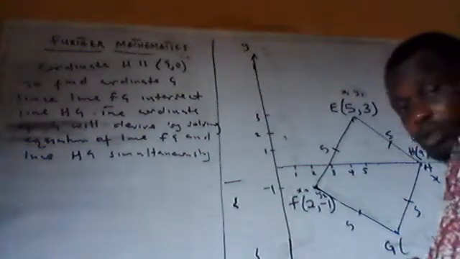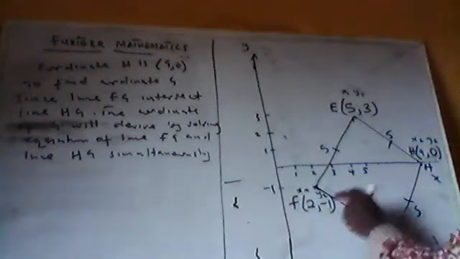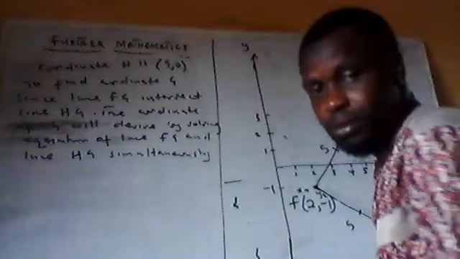Look here. I said that for us to get this value, coordinate G, we want to find the equation of line FG, find the equation of line HG, then we solve them simultaneously. Is that right to you now? Good. Now to find the equation